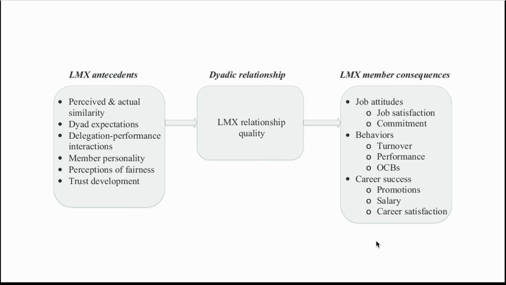So this slide here is just a process model to show you the antecedents, so the characteristics that come first for leader-member exchange. So one thing that really drives the quality of relationships is perceived and actual similarity. So what we know is that we tend to like people that are like us. So this can lead to